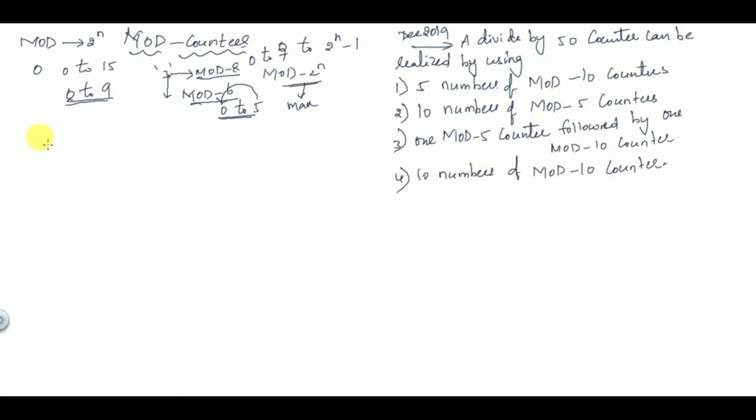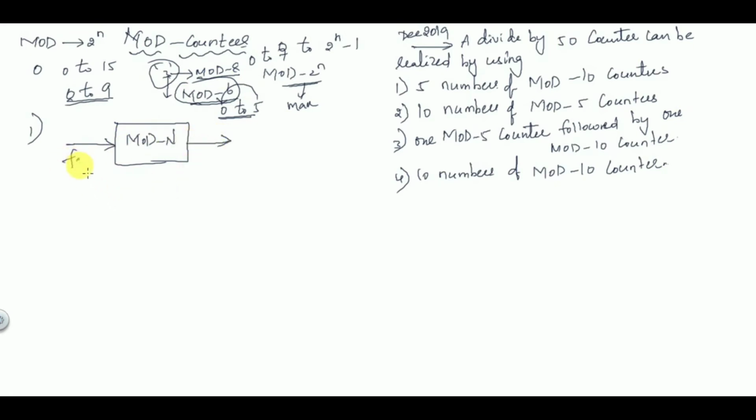The first point you have to remember is that we can design a modulus number of lesser value also. Suppose you are designing a circuit of modulus n, this n may be lesser than the maximum value. Like mod 6, as I have told you. If you use a 3-bit counter, the maximum modulus is mod 8, but you can design a mod 6 counter also. That design is also possible.